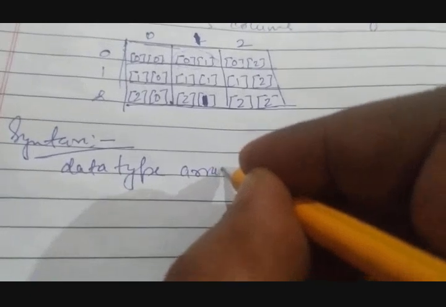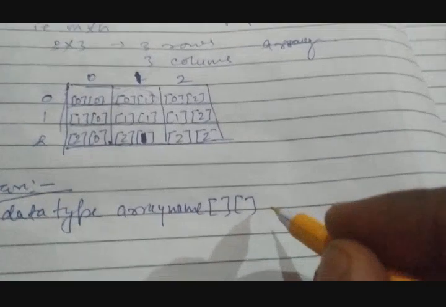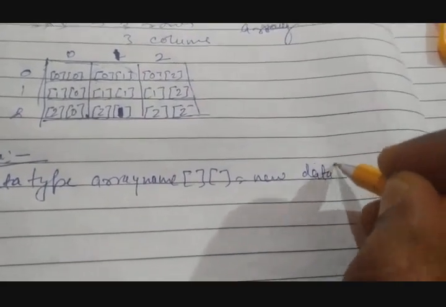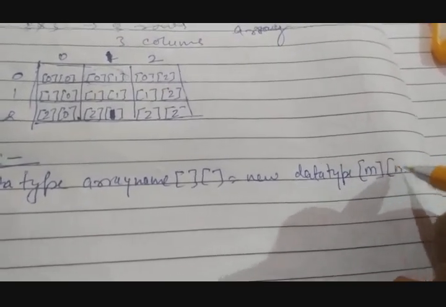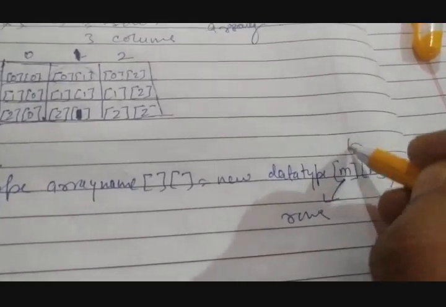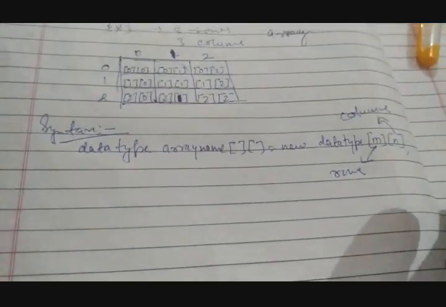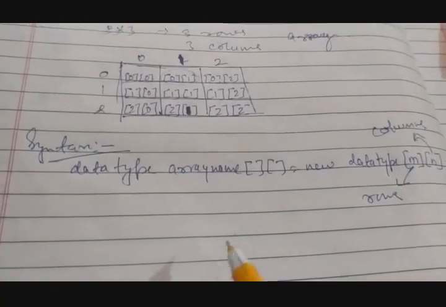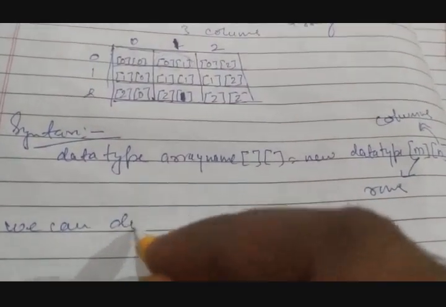array name, and you must mention the number of rows and columns equals new data type, and here the size m and n. M stands for rows and n stands for columns. M into n is the number of elements. So we can have different